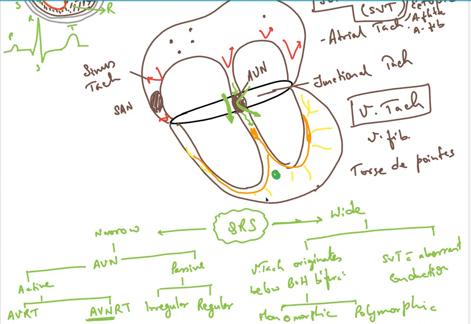Can you tell me, if QRS is narrow, in general what do you understand? Why is QRS narrow? QRS is narrow means the time duration taken for the ventricular contraction or ventricular stimulation is